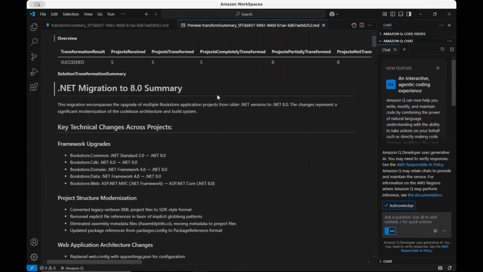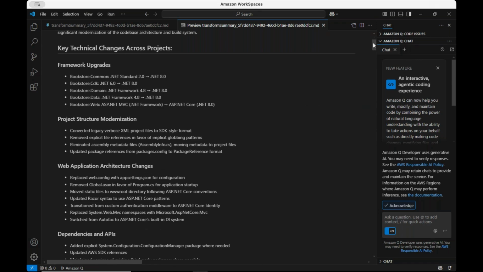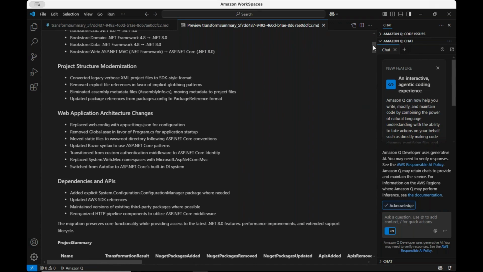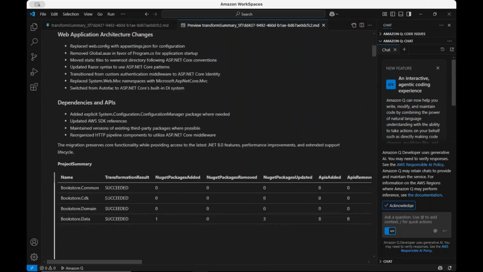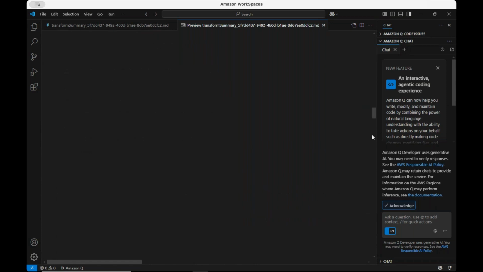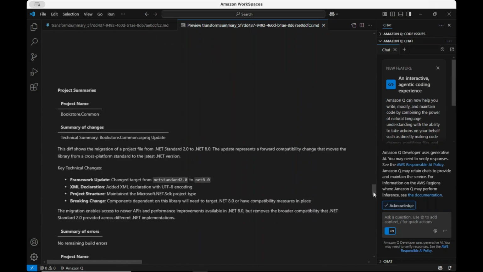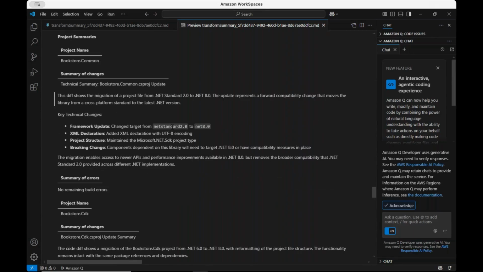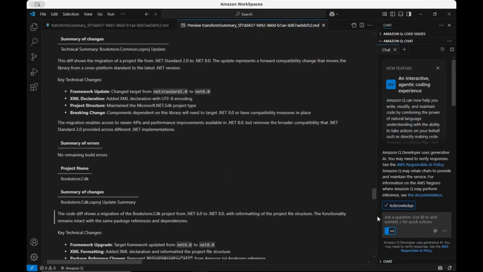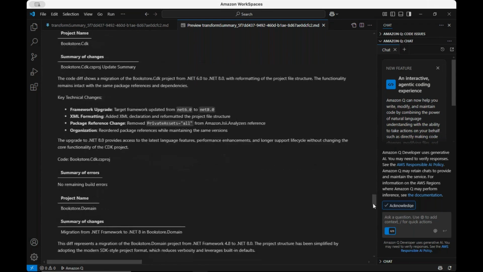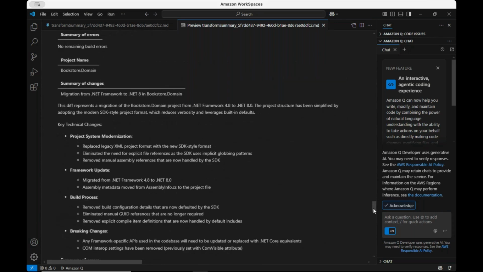So you can see a very detailed summary of the project structure, the application changes that happened, dependencies, all the projects, the dependencies that were migrated, NuGet packages updated, and then as you continue to scroll down, you see every project that was migrated and details of them, including errors in case you have any errors in that specific project. It's very detailed information that helps you move along when you have to do any manual changes in your solution or project.